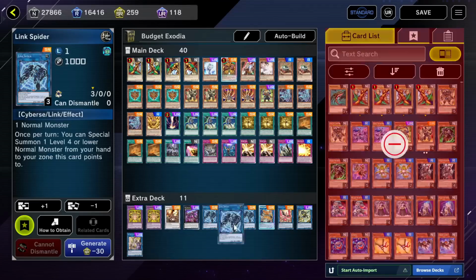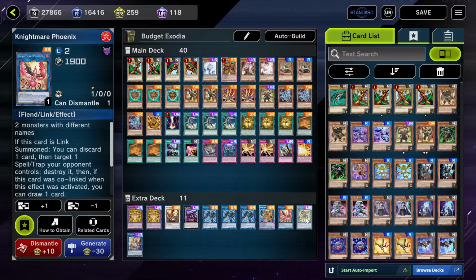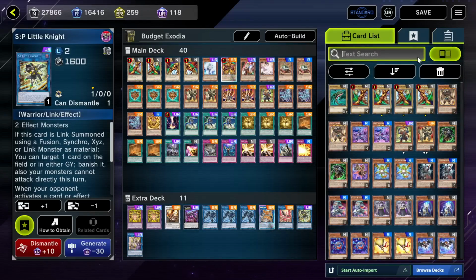In the extra deck, you want 2 or 3 copies of Exodia. The rest of the extra deck really does not matter, although Nightmare Phoenix is very good. SP Little Knight, very good if you have it. One thing I didn't talk about is